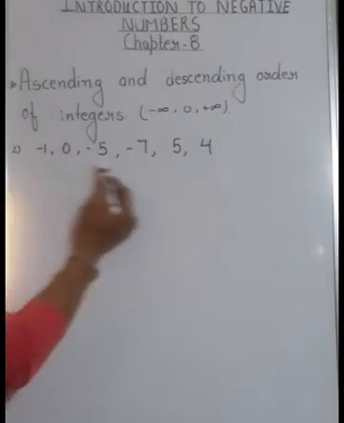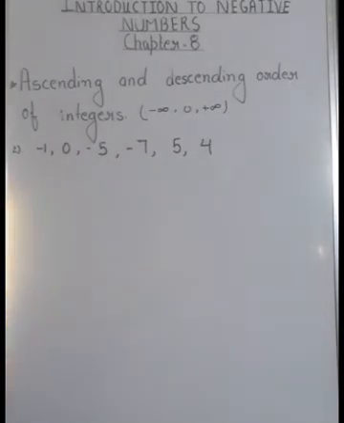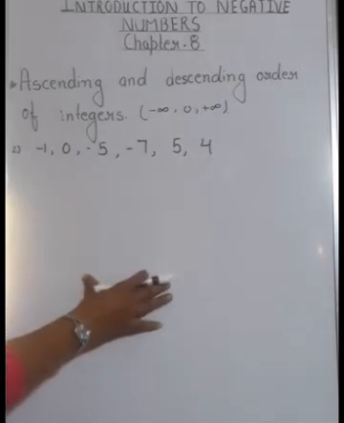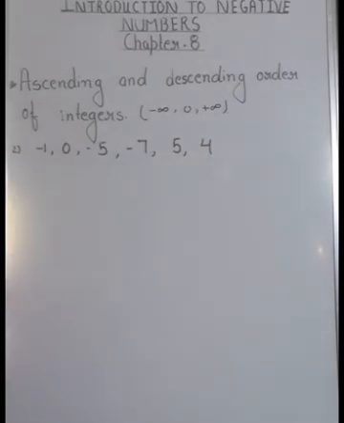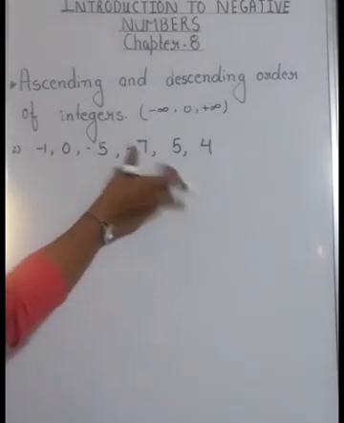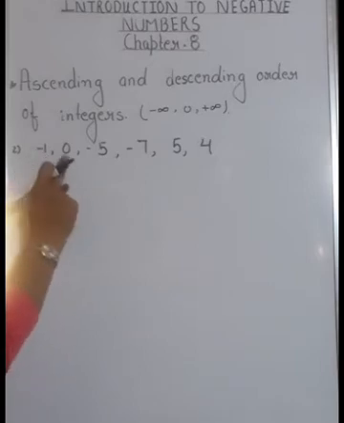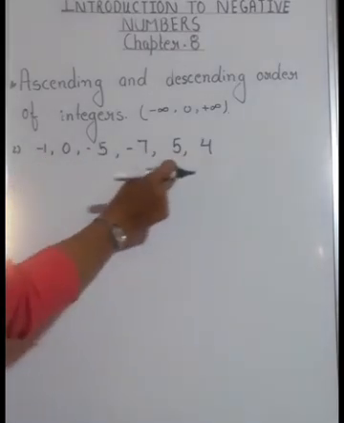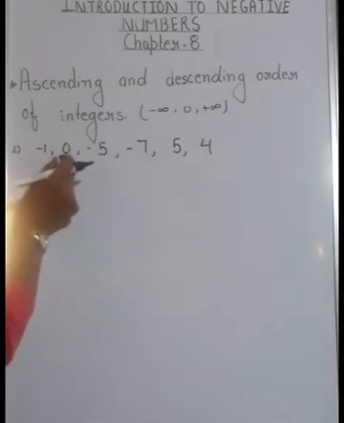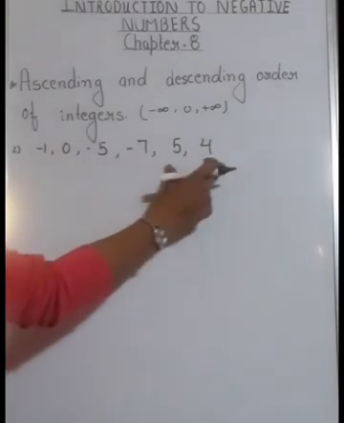Next we have to arrange these integers in ascending order. Okay, so I have not drawn a number line over here. Now what you have to do, you have to arrange them in ascending order without using a number line. Okay, now how will you do that? You can see that here I am having negative numbers, 0 and positive numbers, and I told you that every negative number is smaller than 0 and every positive number.